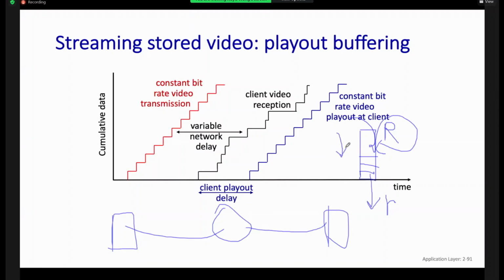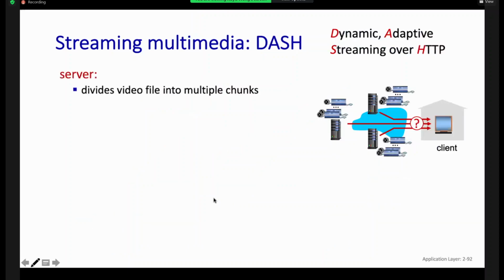Okay, and for this case, we can say there are no rebuffering issues, but one issue is that maybe that buffer overflows. Next time this client requests that video chunk, they need to consider a higher bit rate or a lower bit rate. So in order to address this one,